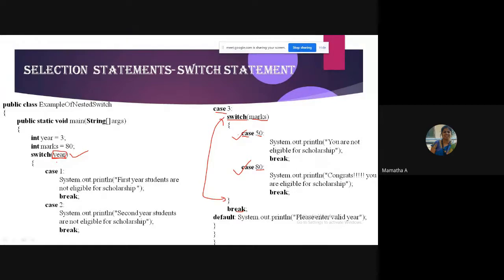Switch first takes the input from the user, which city he wants. After city, it will take the college name. After the college name, you select. So you will select, say, Ramaya. If you select Ramaya, it will list the courses available. Then you say you select the computer science course. In computer science, are the seats available? That it will display. So you can see how the flow moves using your switch case. Are you understanding? Hope you are getting it.